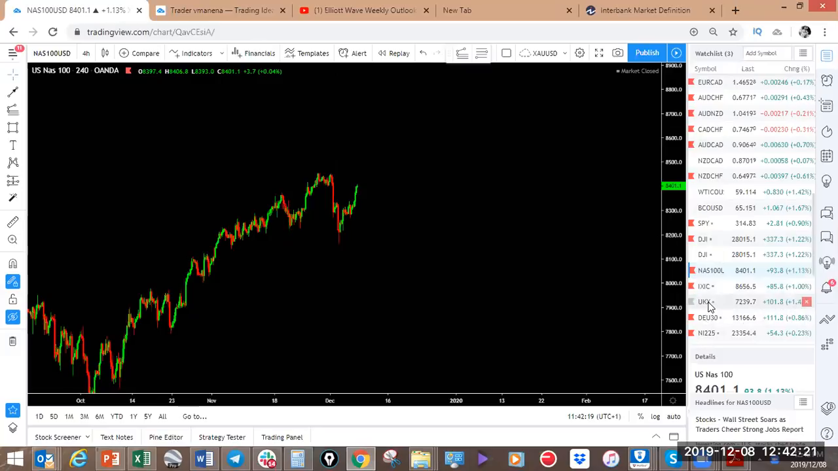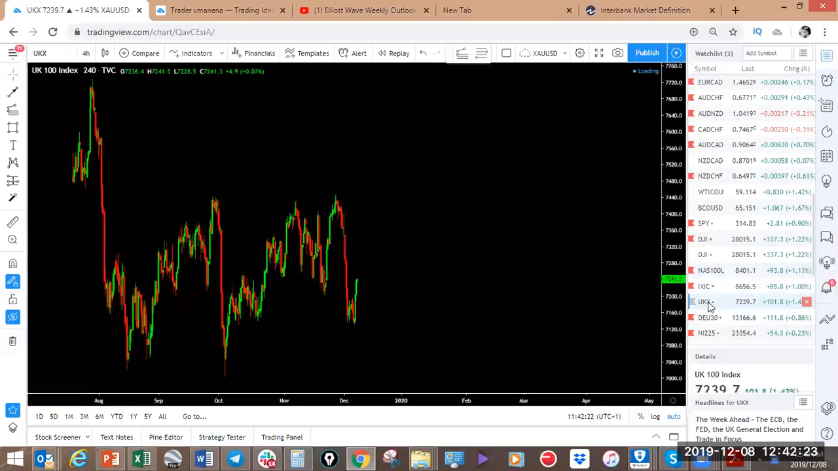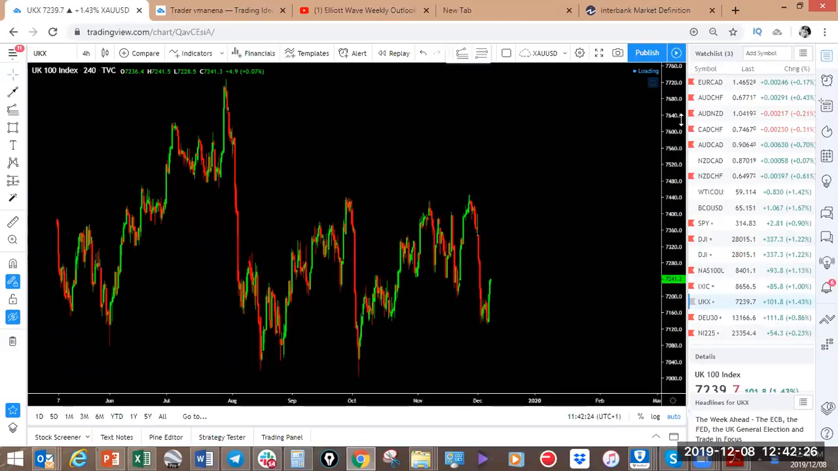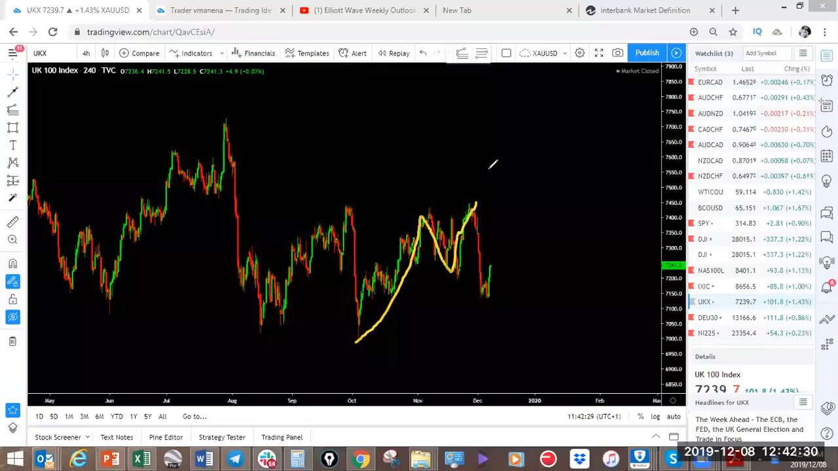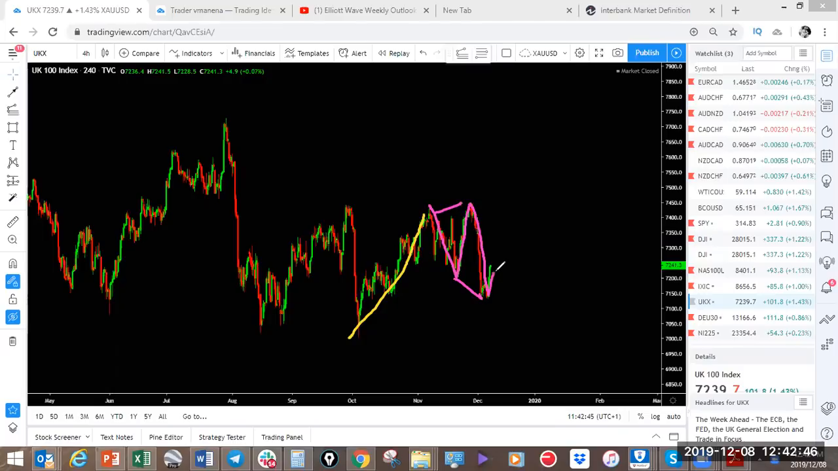Now let's look at the UK 100. Now the UK 100, we're expecting this to be a 1, a 2, and a 3 here. Okay, so what we're now seeing here is still the same structure, it just made a double. We've got a move here, and you've got an expanding flat here. It's a clear 3-3-5 structure. Now we're expecting this move to go up. Whether it's going in 3 waves doesn't really matter, but we're expecting it to go up